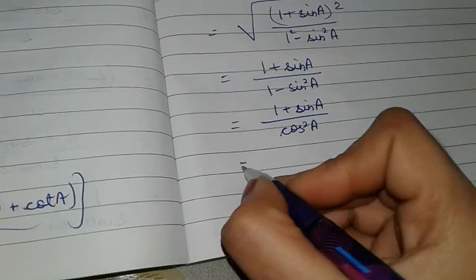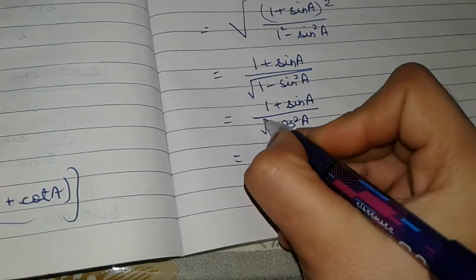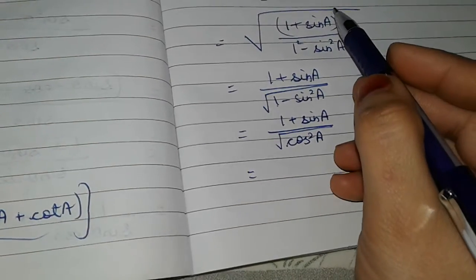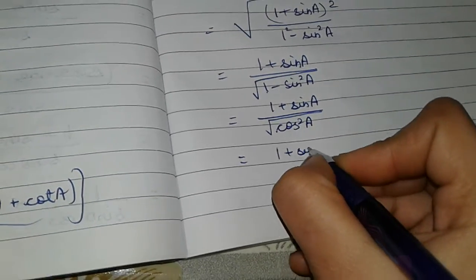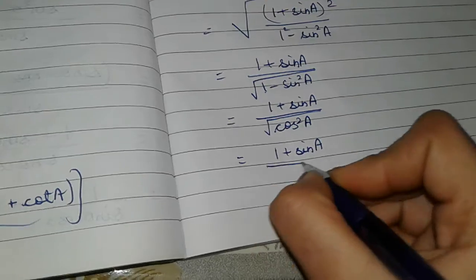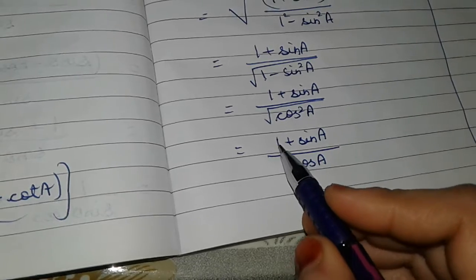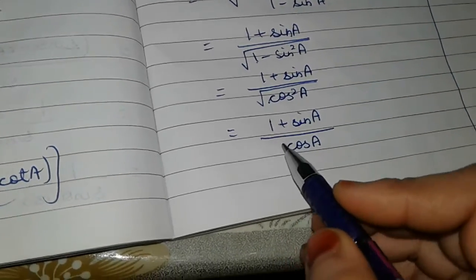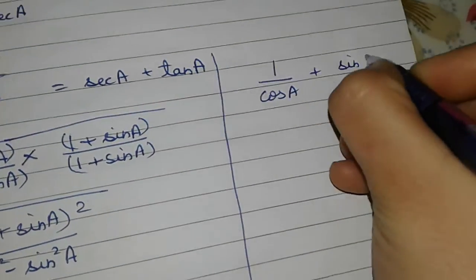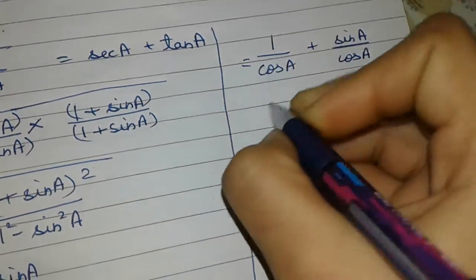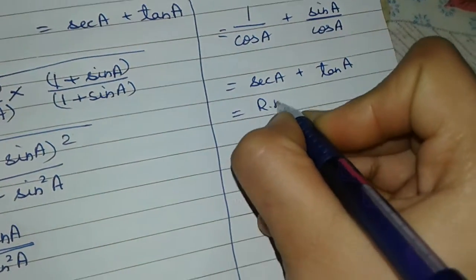Okay, now take this cos. Here the square root is in the denominator. We have cancelled out the square root from the numerator, but it has not been cancelled out from the denominator. Now it will be 1 plus sin A upon, now this square will be cancelled out with the square root and it will be cos A. Now we will separate cos A to the 1 as well as to the sin, and it will be 1 upon cos A plus sin A upon cos A. Now 1 upon cos A is sec A and sin upon cos is tan A. It is equal to the right hand side, hence proved.